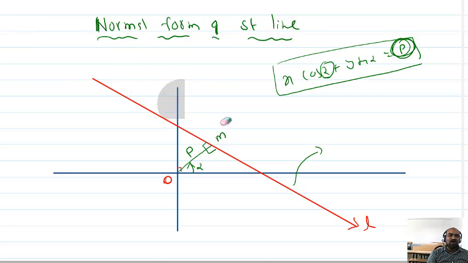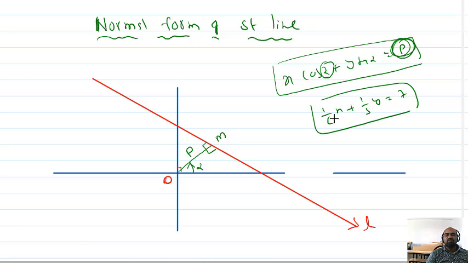Okay students, now an important note I want to explain here. For example, I will take an easy one, okay, 1 minute. So 1 by 2 x plus 1 by 3 y equal to 7 is given. This is a straight line only. This is in the form of ax plus by plus c equal to 0 only. What does 7 stand for? If you say this 7 stands for the distance from the origin to the straight line, that is the wrong meaning, a wrong concept. If the equation is of the form x cos alpha plus y sin alpha equal to p, then p stands for the distance from the origin to this line. But this is not in that form, no?